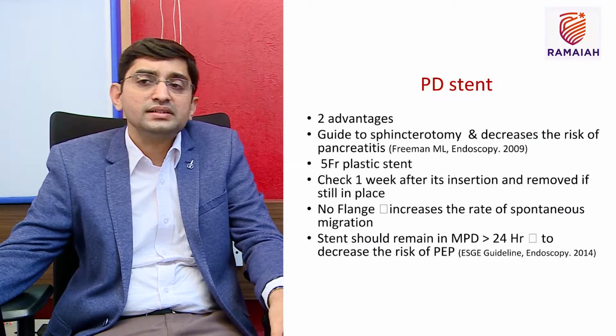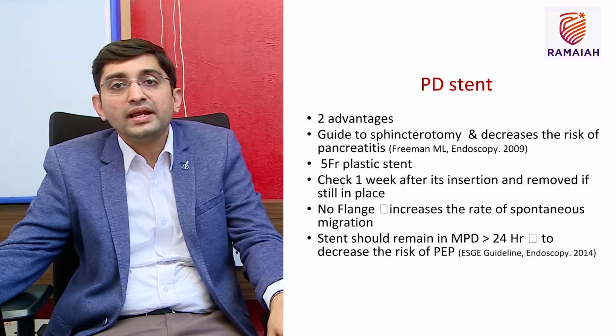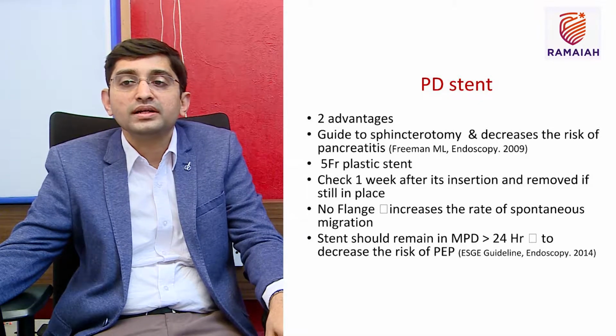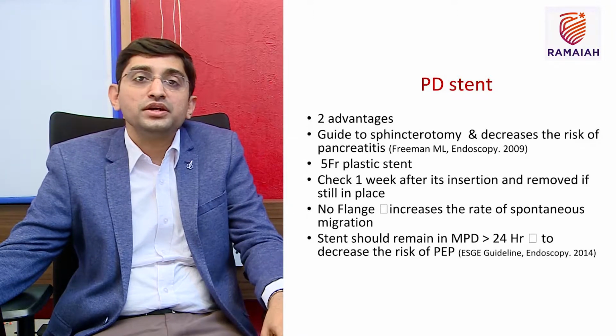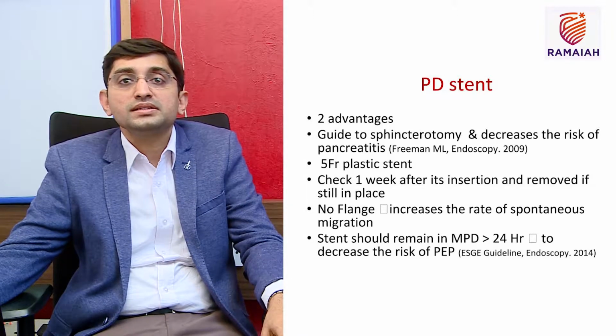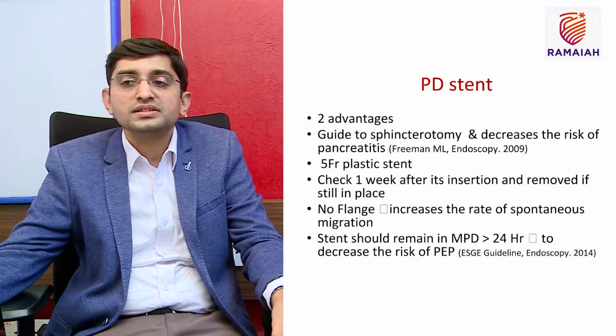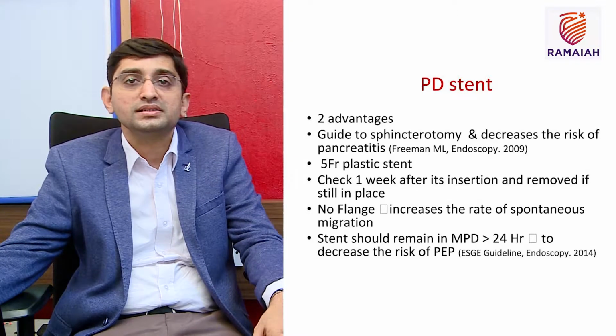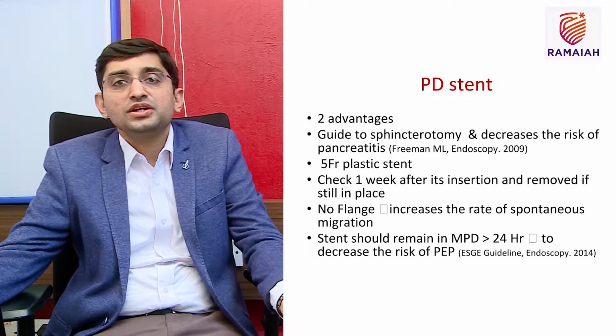PD stent, the advantage is there are two things. One is it will assist in biliary cannulation, as well as guide the sphincterotomy. It will reduce the risk of pancreatitis because it is bypassing the sphincter. Different stents are used. We preferentially tend to use a 5 French 7 centimeter stent, but in the West they use much more of a straight stent,